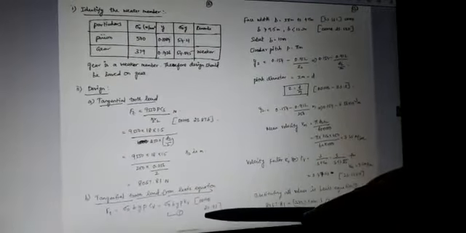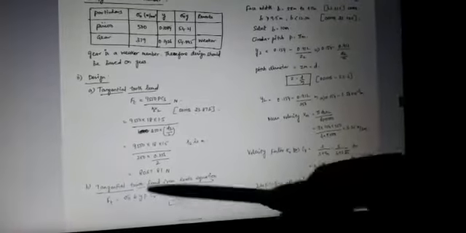Next, step 2. In this design step, we also have to calculate the tangential tooth load from the Lewis equation. In the data handbook, equation number 23.93 gives the Lewis equation: Ft is equal to sigma naught b y p Cv. Cv is the dynamic factor or velocity factor. Either we put Cv or Kv, both are equal. It's a velocity factor, and the formula is given in equation number 23.93.